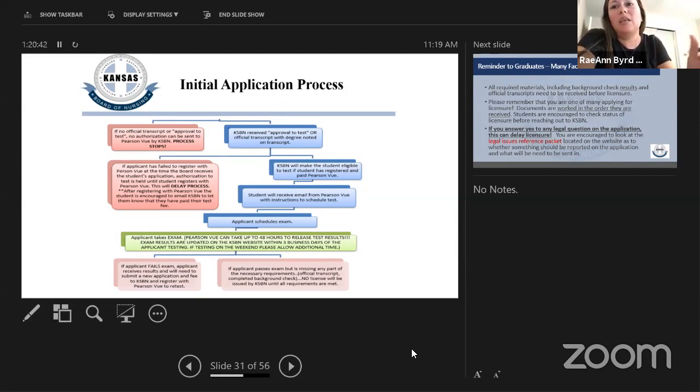This is just basically a breakdown of the steps that happen once we get their application and their background check, either their transcript or their ATT if your school decides to do the authorization to test early. Then, as long as they've paid Pearson VUE and we have that information, we make them eligible. So this is really good for you to give to your students as well, because it's a breakdown of the process that they can refer back to.